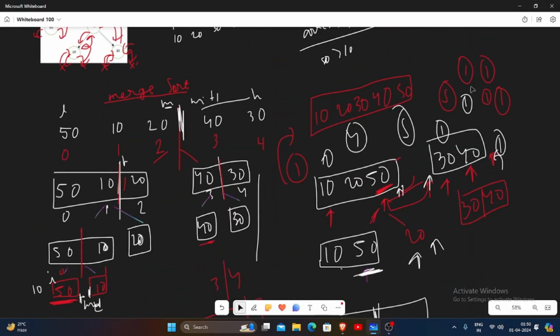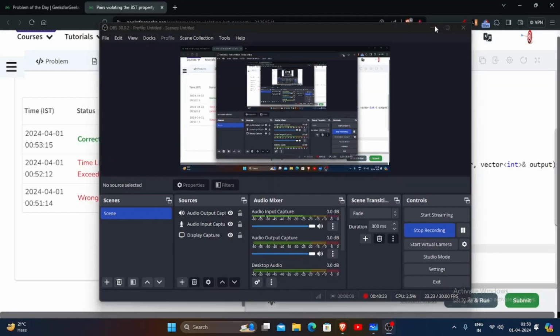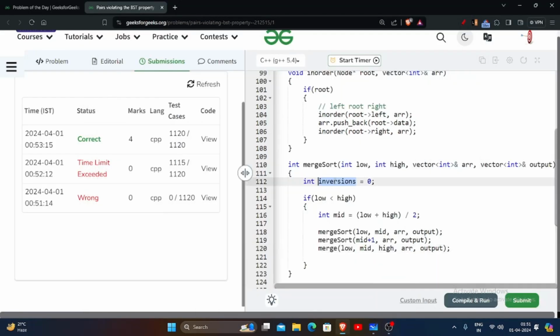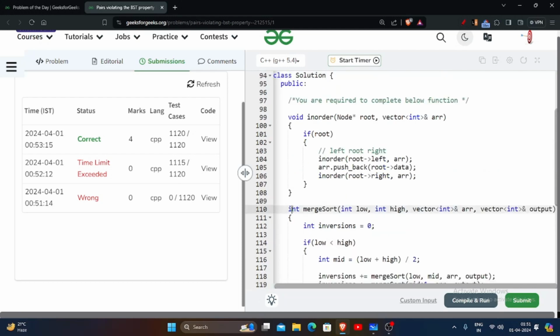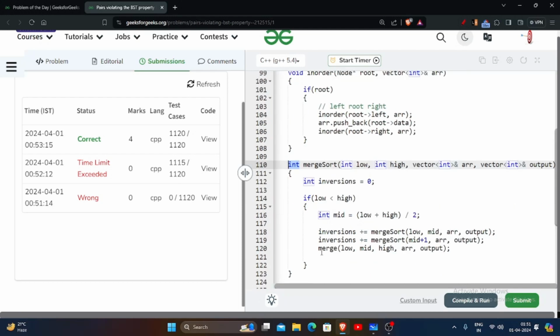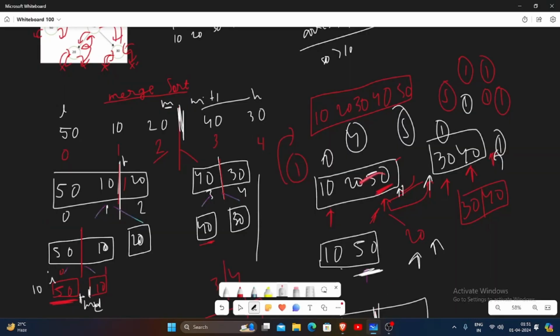रहे होंगे, ऐसे नहीं मिल रहे होंगे एकदम से, यहाँ से रिटर्न होकर आ रहे होंगे हर कॉल। जब ये कॉल हुई तो इस कॉल का कुछ आंसर आएगा जो हमारे इन्वर्जन होंगे, तो इसलिए ये कुछ रिटर्न कर रहे होंगे। तो इन्वर्जन यहाँ पे प्लस इक्वल्स टू, ये आंसर इसमें ऐड होंगे इन्वर्जन, क्योंकि ये फंक्शन इन टाइप का है, ये कुछ रिटर्न करेगा जो कैलकुलेशन आएंगी इन्वर्जन की। सो दैट्स वाई इन्वर्जन प्लस इक्वल्स। दोबारा बताता हूँ, मैंने यहाँ पे कहा था, यहाँ तो मैंने एकदम लिखे थे,